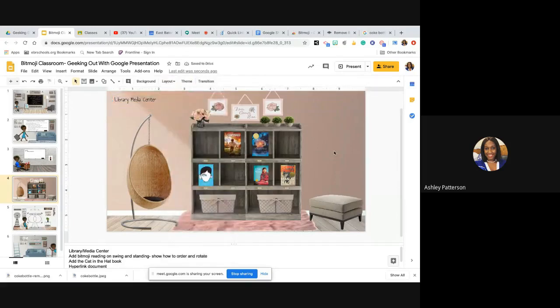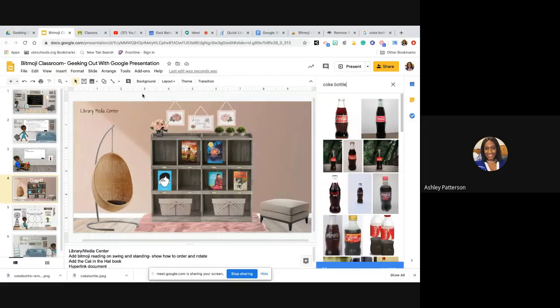So this is where you start to make it interactive. You see I have some books already on my bookshelf. Well, say I'm teaching a kindergarten class and I want to do a book study on the Cat in the Hat. That's my lesson for today. I want my students to learn about the Cat in the Hat. The first thing I would do is put the Cat in the Hat book on my bookshelf, just like I have these other ones. So insert image,